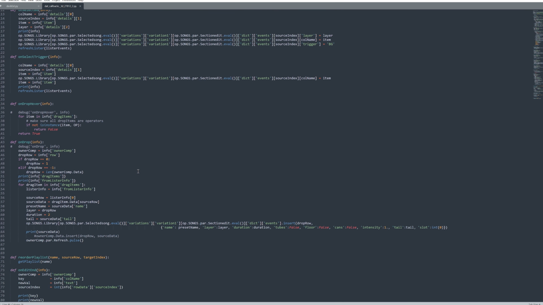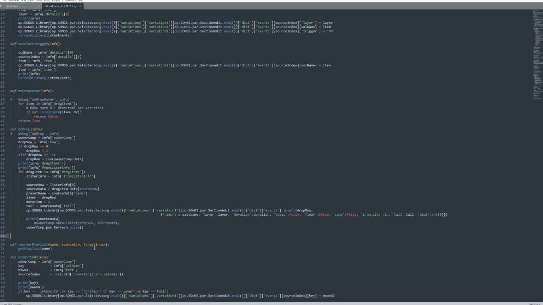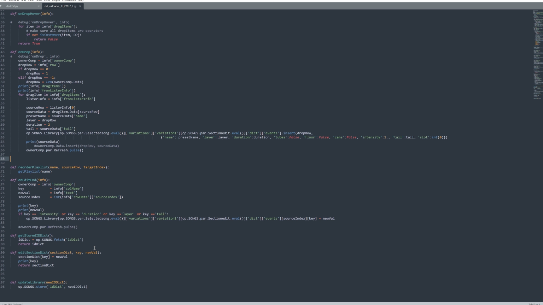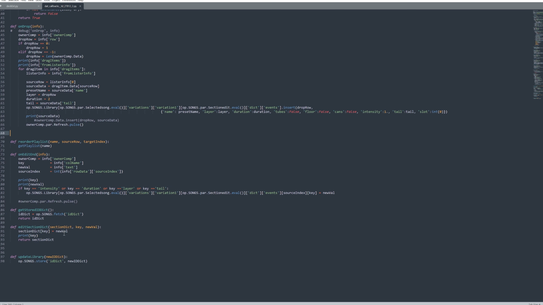Here's the on drop script, which is pretty useful. This is the drag and drop script that pulls the events into a new dictionary. This is the script that saves a new dictionary value when we edit a table, edit the lister.